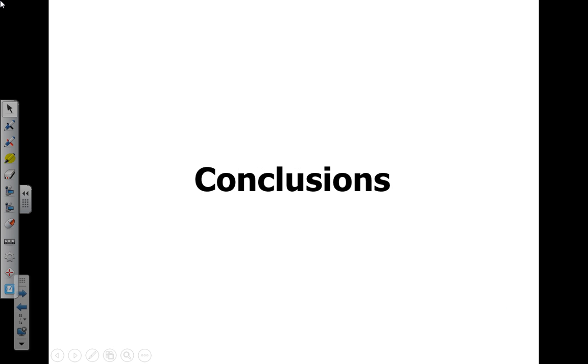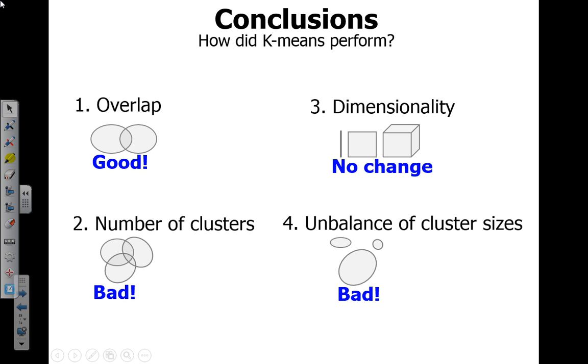So now you know when it works and when it doesn't work, and how the results compare with the other approaches. So the conclusions: how did k-means perform? With overlap, good. The more overlap, the better. So if you know that your data has overlap, most likely k-means might be good enough for you. Second, if you have lots of clusters, then it's bad. Then you should consider trying some other methods, as you should expect that the more clusters there are, the more errors will happen.